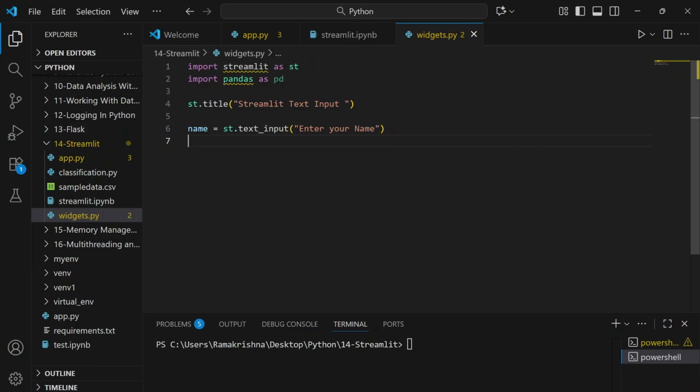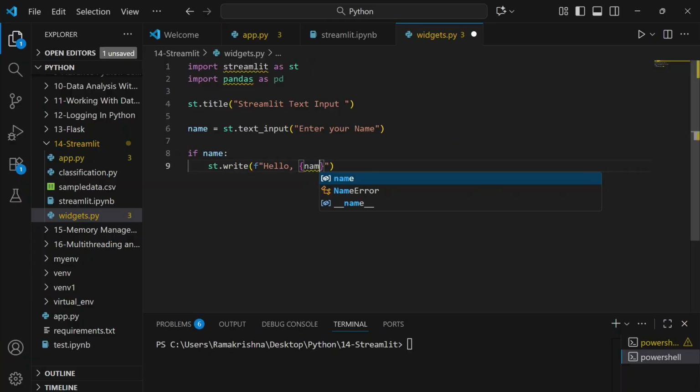So I'll save this and let's just do one condition, if name. So if the user enters some name and clicks enter, then it will display. We'll display that using st.write and one f-string here, hello, comma, and we'll pass the name here. Okay, so I'll save this. I'll call this widgets.py and we'll see how our web application looks. So streamlit run